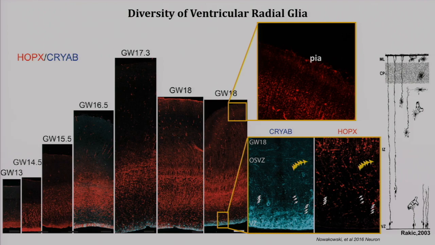Many of these morphologies have been identified in the past and described by Pasko Rakic and others, but the timing of their generation has been elusive. And thanks to the molecular markers that we identified through single-cell RNA sequencing, we were able to determine the exact times in development when these cell types emerge. But this also highlighted an interesting possibility that at some point in development, the radial glia scaffold that shapes our understanding of how the developing cerebral cortex is organized becomes discontinuous.